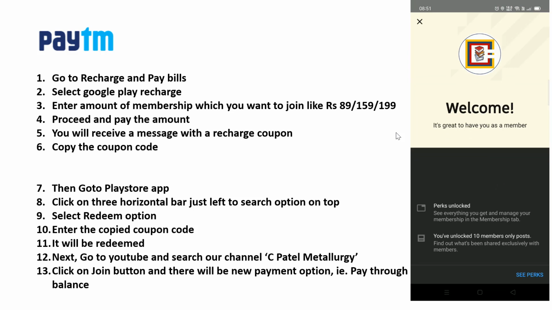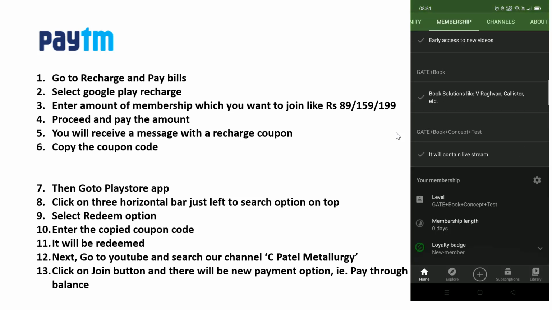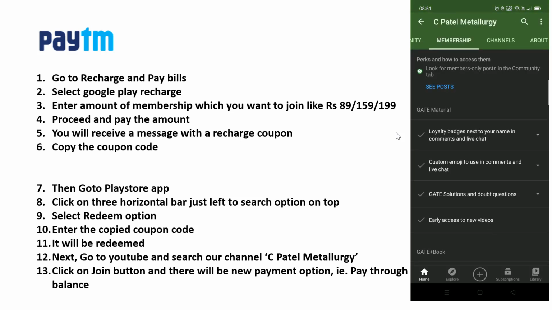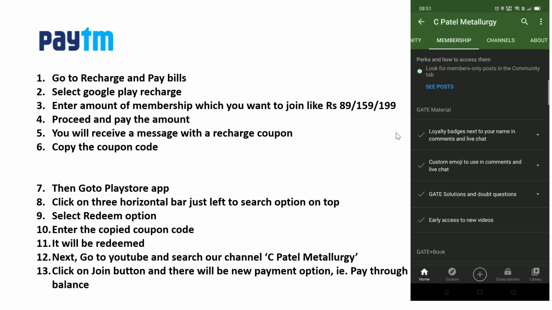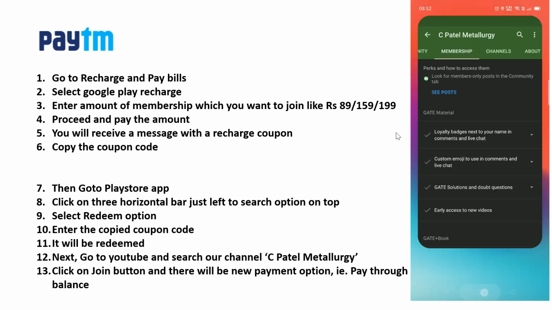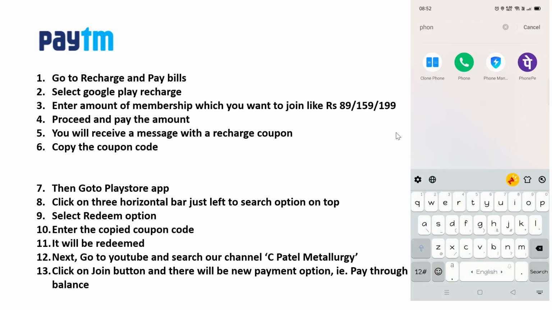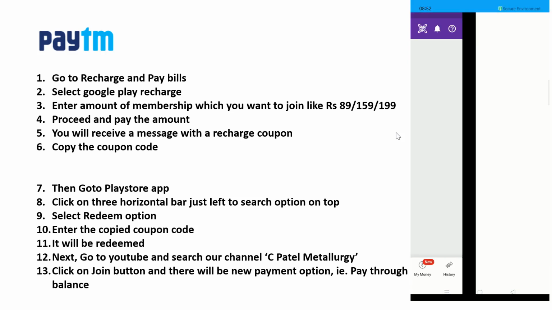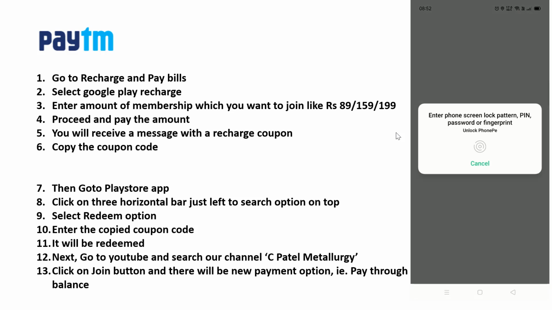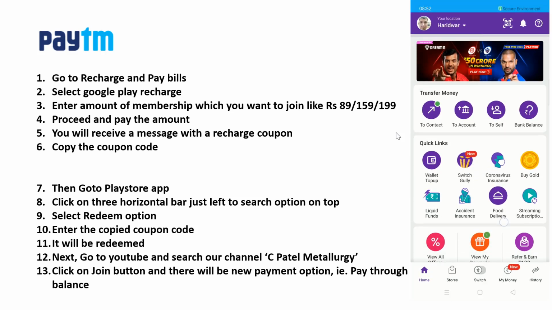These are the things which I am getting, like the loyalty badges. So through this you have become a member, right? A similar process you can do with PhonePe. Open PhonePe, go to Recharge and Pay Bills, and select Google Play.